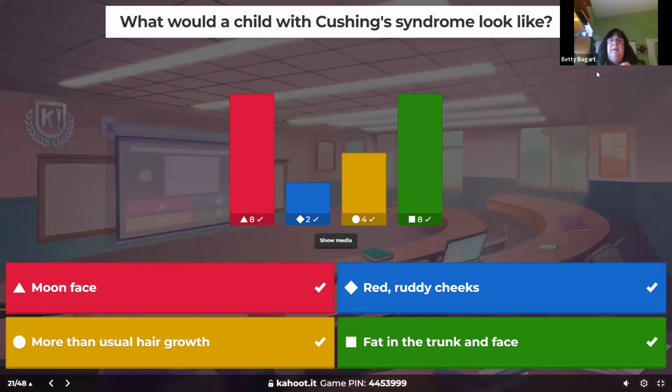And what happens is with Cushing syndrome, they just look like they have these big round faces. They get this red, ruddy type of cheeks going on. Hair on the chin, acne will be going on. The trunk and the face will be pudgy. Usually the arms and legs will be thin. And when we have Cushing syndrome, usually due to too much steroids, remember, they're never just stopped. You have to taper them off very slowly because you could go into a crisis, and the treatment actually is to give some steroids.